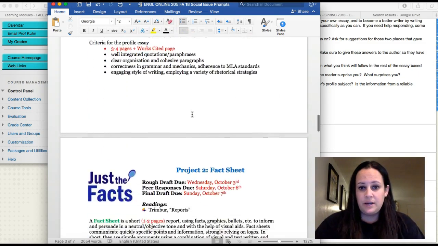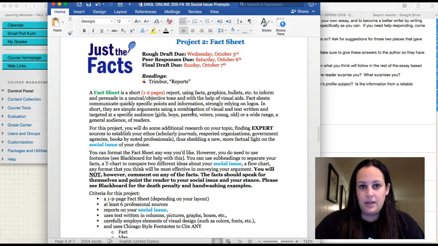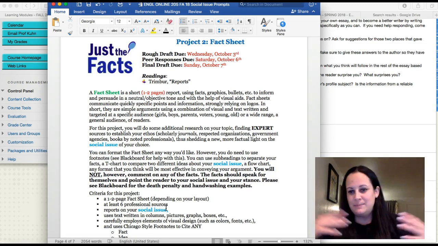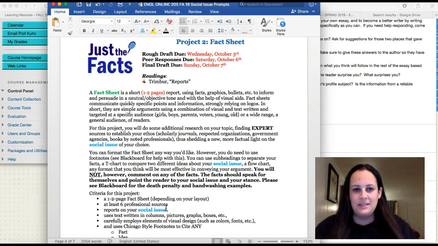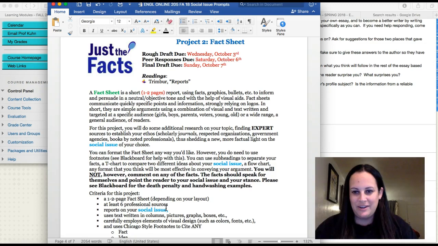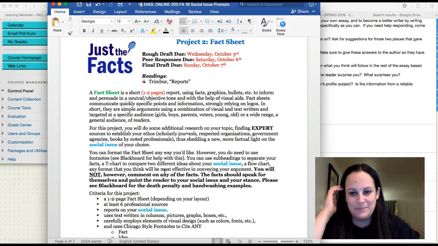So the next thing we're going to talk about is our fact sheet. And this is exactly like it sounds. It's a fact sheet, just the facts. So this is basically everything an English teacher has ever taught you not to do, right? Your English teachers say include evidence and then expand your analysis on your take on the evidence. This, you are literally just putting the evidence and not explaining it at all. So you'll use these facts later when you write your commentary, which will be our last project, but this is